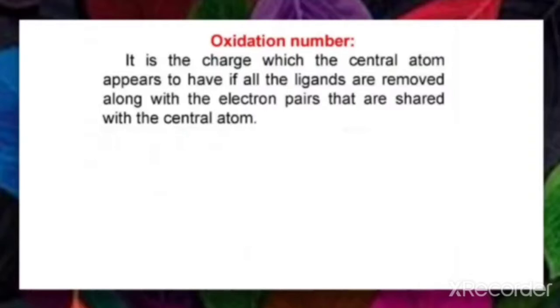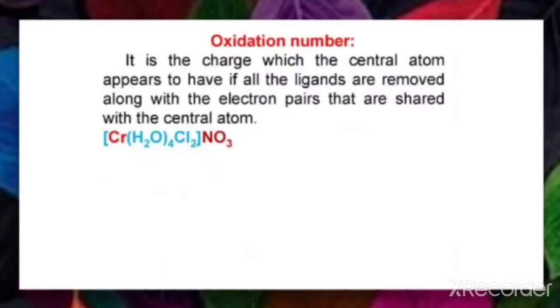Let us take one example. This is one example of a coordination compound in which the central atom is Cr. Here you have to find out the oxidation number for Cr, the central metal present in this coordination compound. First of all, look into the compound. There is one counter ion, that is nitrate ion. So which type of complex is it? It is a cationic complex.